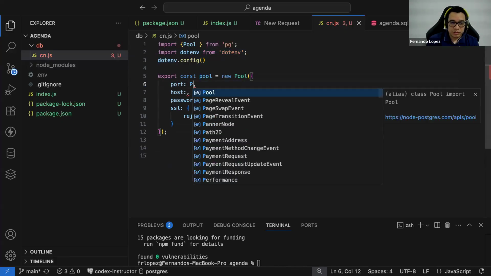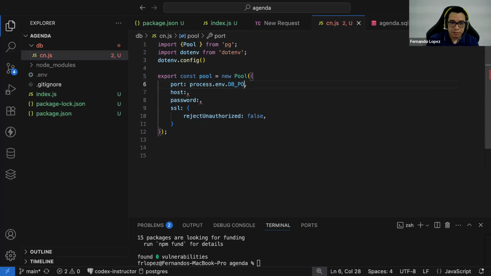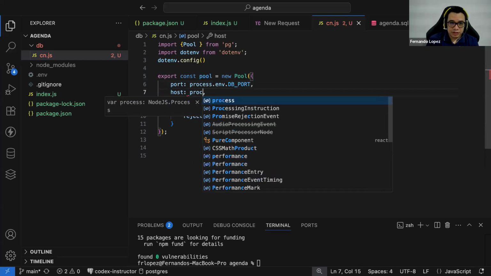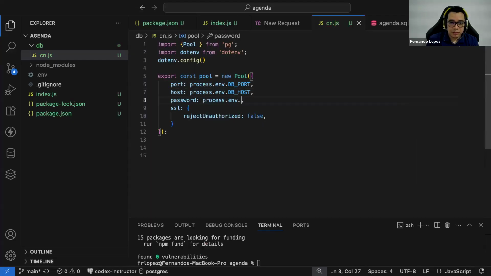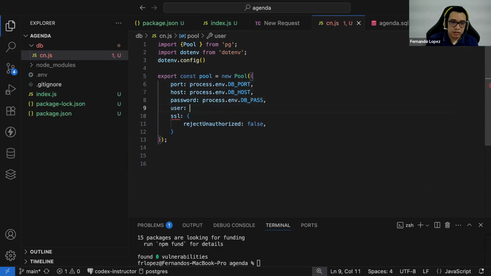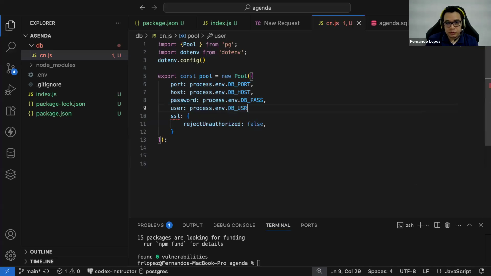So it's process.env.DB_PORT, process.env.DB_HOST, and the password, process.env.DB_PASS. And the last parameter necessary for the connection is the user, process.env.DB_USER.